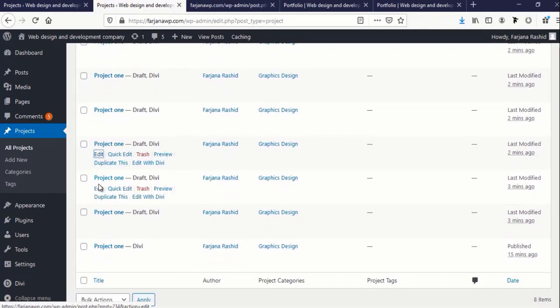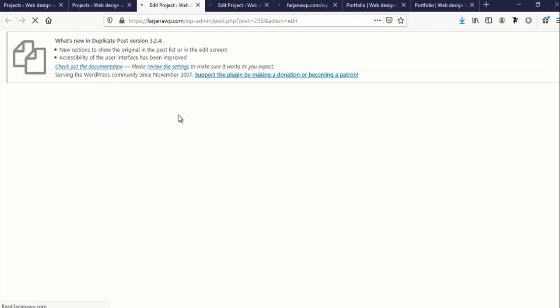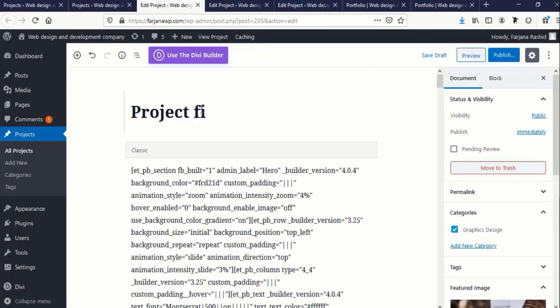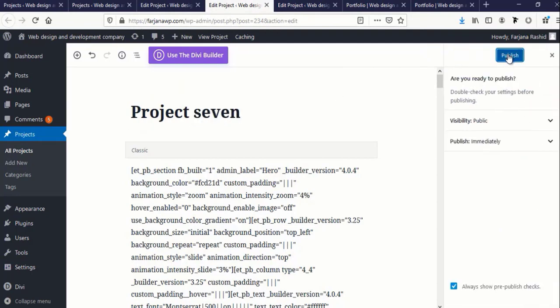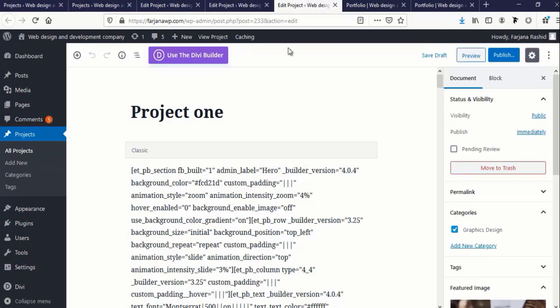And also this one, and this one. Here is 6, and publish it. 7, publish it. And 8,